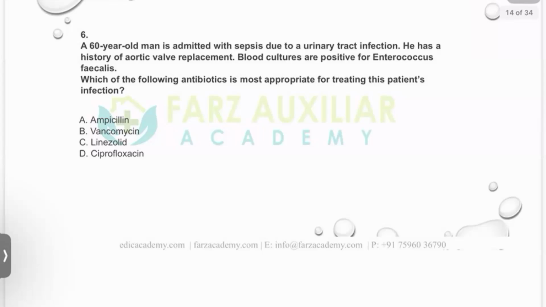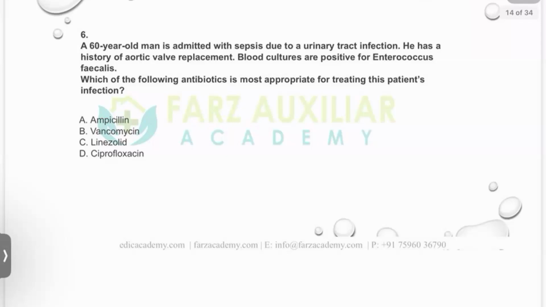So what do you think is the answer? Vancomycin or ampicillin? Vancomycin, because of the prosthetic valve, I think. Okay, so what are the guidelines on this? What is the answer? I think they say gentamicin, vancomycin, and I think benzylpenicillin or flucloxacillin. Okay, so basically